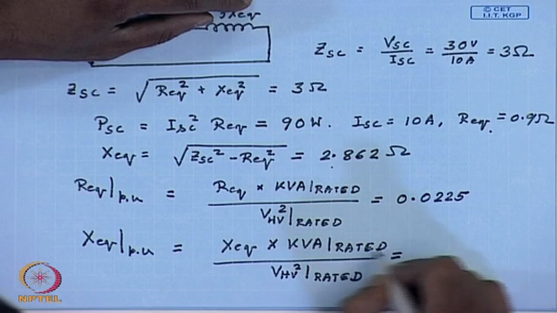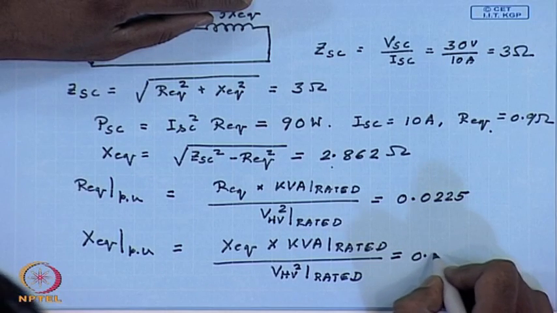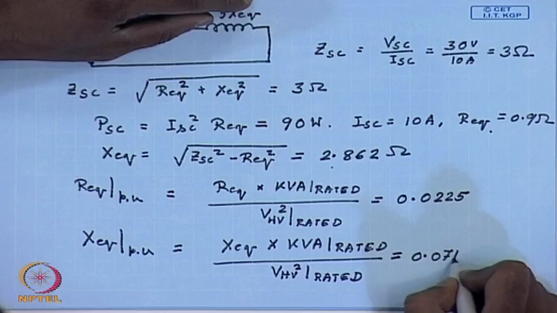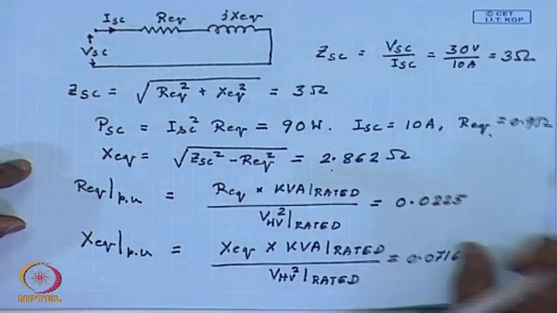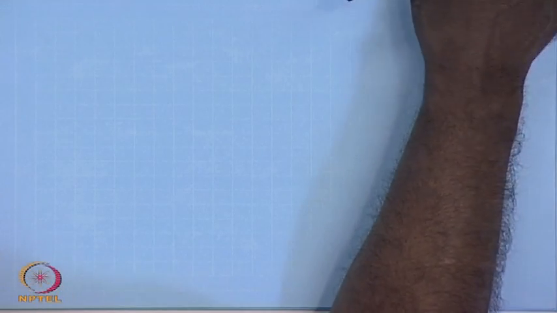This will give you 0.0716. Therefore, the complete equivalent circuit in per unit of this transformer will be